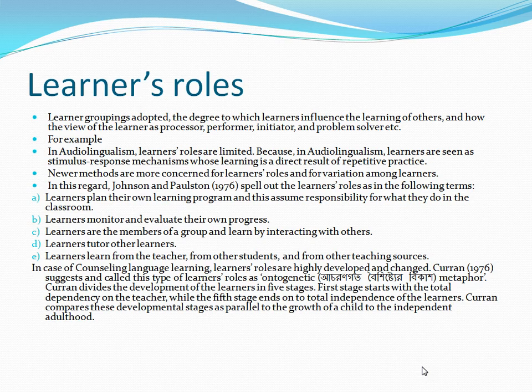That means after 4 class, in the 5th class you have to sit for a mid-term examination. In the mid-term examination we will evaluate. But in case of learners' perspectives, they have to understand that what progress they have done, and they have to evaluate their learning progress. Learners are the members of a group and learn by interacting with others. That I have said. That is co-study. Co-study. Okay, so learner, there is a group. There are 40, 50 students in this class. You are in a group. So how you